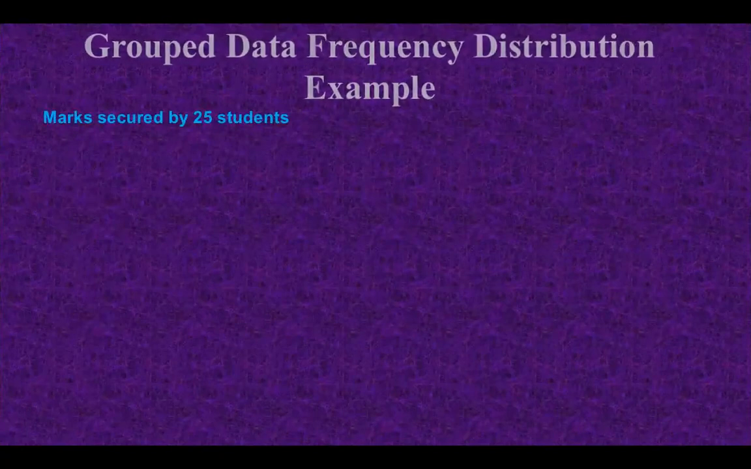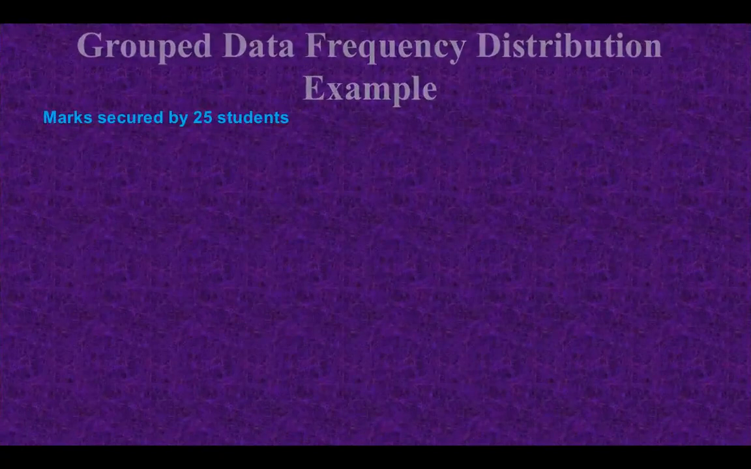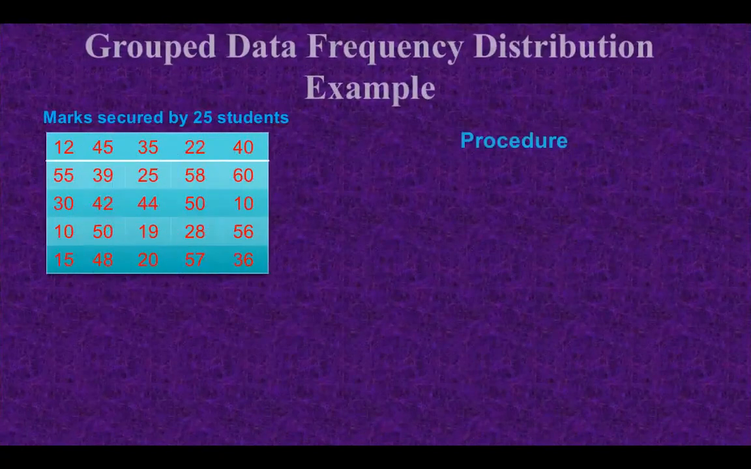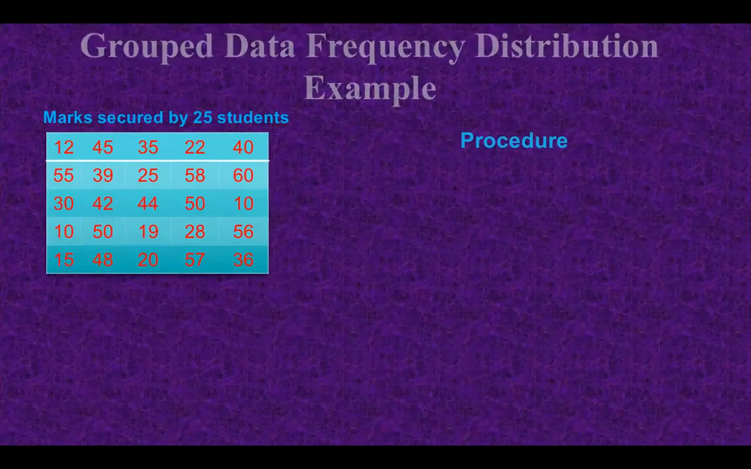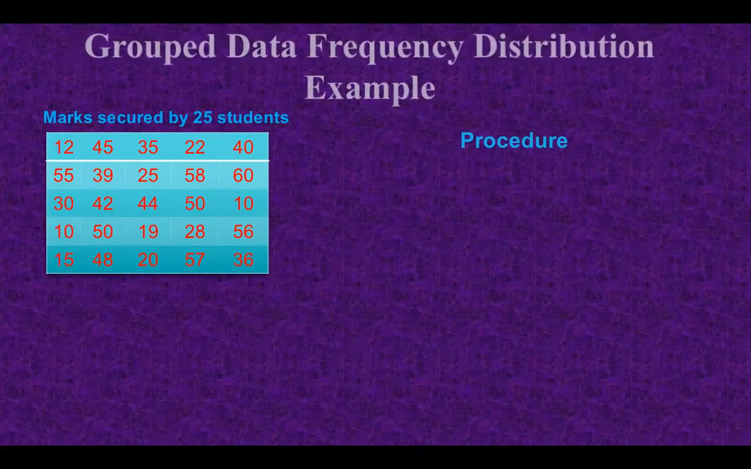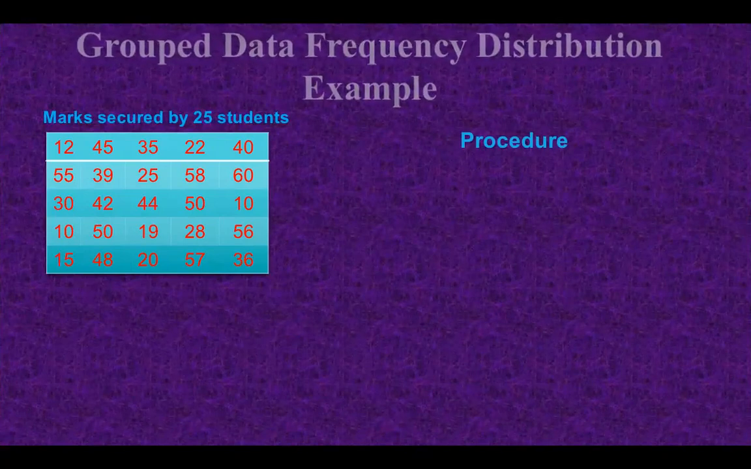Suppose I have collected the data of 25 students who have secured marks in statistics, and this is the raw data. I cannot conclude anything from this data. So I draw the frequency distribution to simplify it. The procedure for